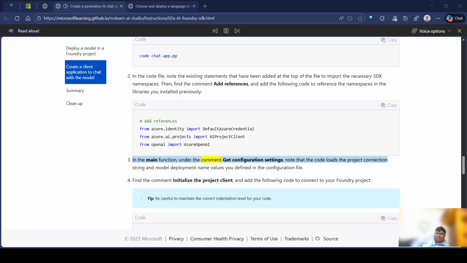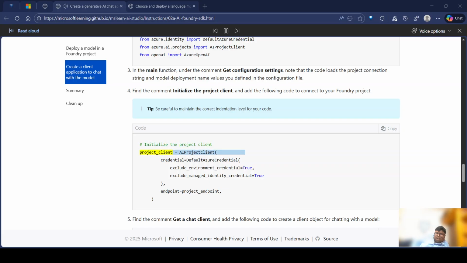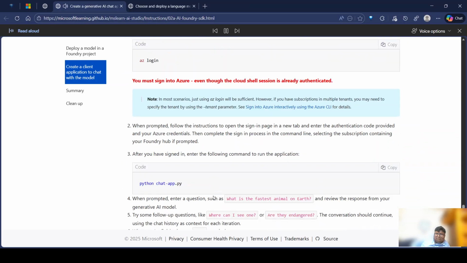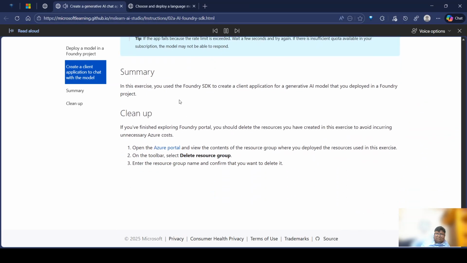In the main function, under the comment get configuration settings, note that the code loads the project connection string and model deployment name values you defined in the configuration file. Find the comment initialize the project client and add the following code to connect to your Foundry project. Tip: be careful to maintain the correct indentation level for your code. # initialize the project client project_client = AIProjectClient(credential=DefaultAzureCredential(exclude_environment_credential=True, exclude_managed_identity_credential=True), endpoint=project_